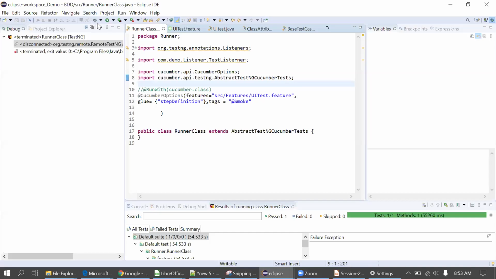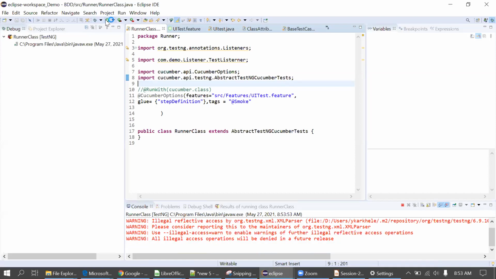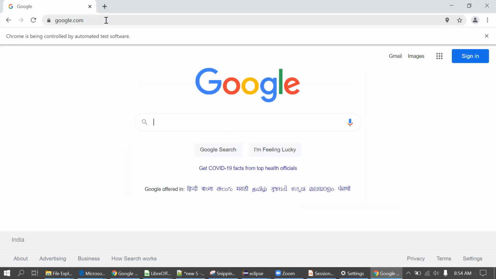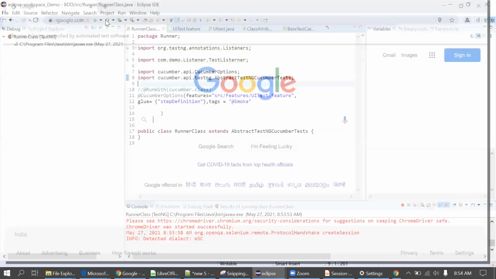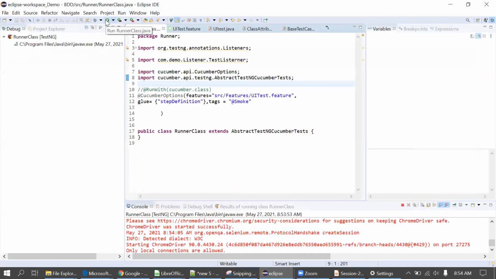I'm just executing this in run mode now. Opened google.com, closing the browser now, going for the second data, the second website, again closing the browser, and then we'll go for the third data.